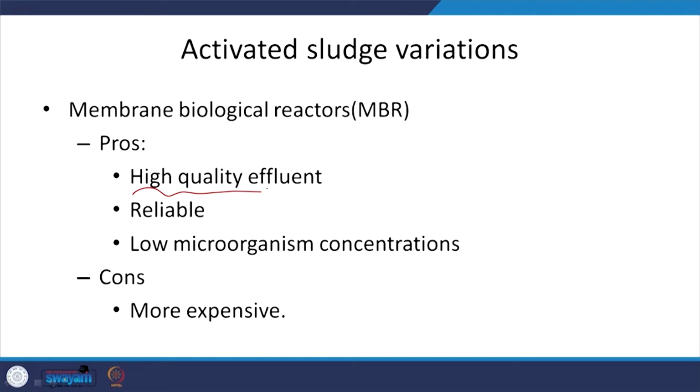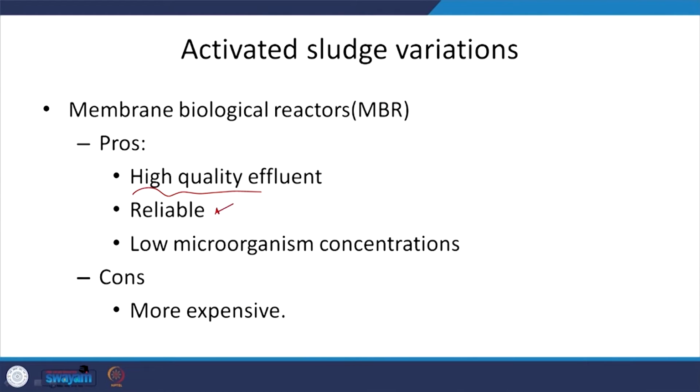These membranes, which can be nano or ultrafiltration membranes, will not let the microbes pass through, and thus you will only have relatively clear water, free of most suspended solids, passing through this MBR, and then that is going to leave the system. That is your treated wastewater, and the microbes are going to stay in the system itself, right? So high quality effluent, relatively reliable, and high microorganism concentrations because you are not really wasting them, they are staying